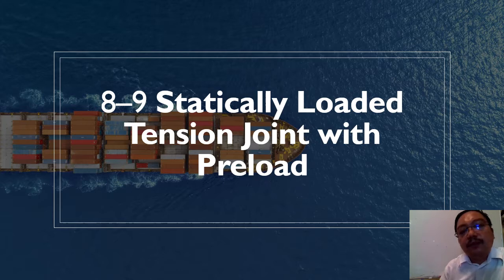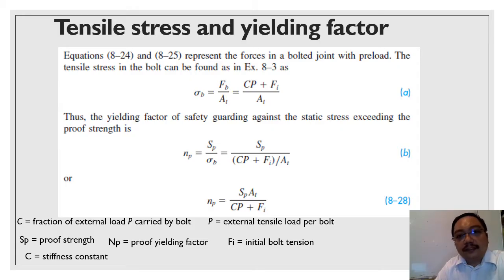In this video, we'll talk about chapter 8-9, Statically Loaded Tension Joint with Preload. This chapter is taken from the book Shigley's Mechanical Engineering Design, and the pictures here are from the book itself and from Google Images. Okay, so the tensile stress and yielding factor equations 8-24 and 8-35 represent the forces in a bolted joint with